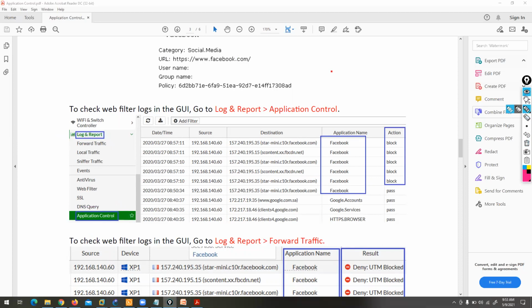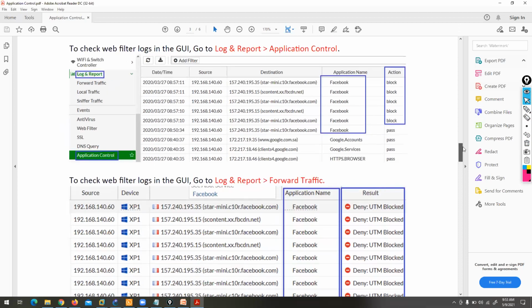The point is there is a difference between forward traffic and application control log. If you click on log and report, application control, you can get start time, log message, source address, which source is trying to access this application, which destination is trying to open, which application, and what action.